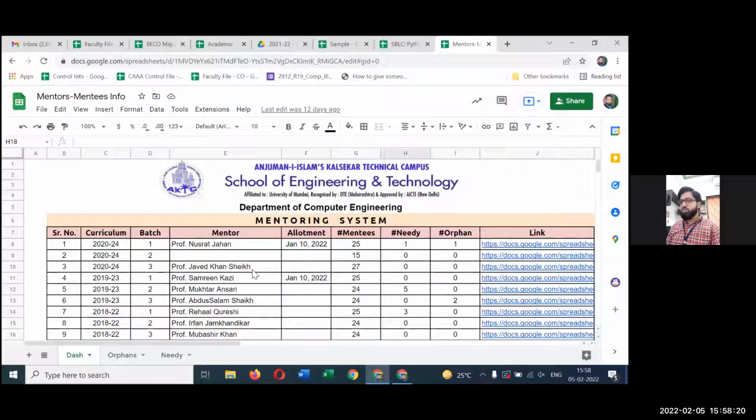It's up to us how we maintain the data, how we keep the data. Data is everything. Without data, it's just an opinion and nothing else. So we need to keep that in mind. And as a faculty, as a teacher, we need to ensure that whatever data we are generating is readily available to all the concerned people. And fortunately, alhamdulillah, we have such a beautiful facility with us, which is freely available.